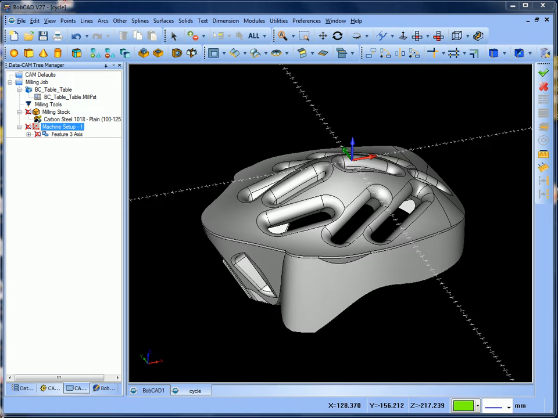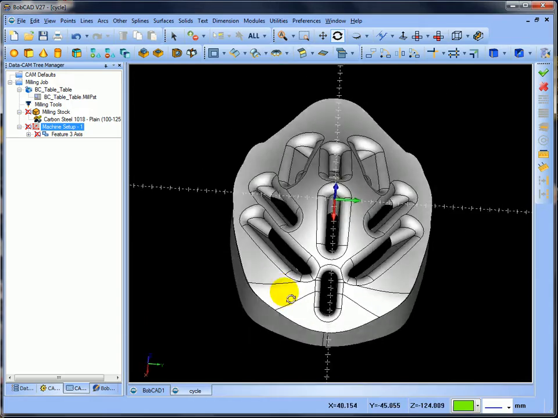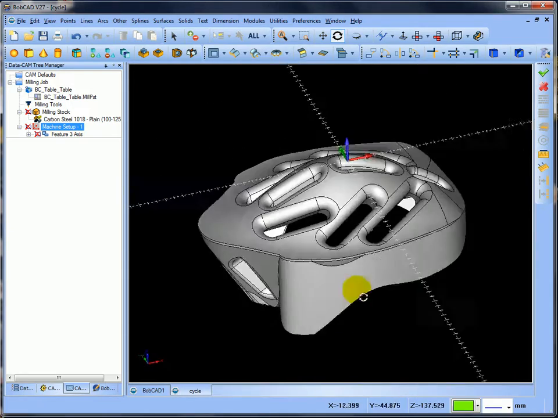Hello everybody, this is Peter at BobCADV27 UK, and what I want to do today is show you one of the multi-axis toolpaths, and this time I'm going to do it in 5-axis so we can see the trunnion fixture moving. At the moment I've got this sort of helmet looking thing that wants machining,